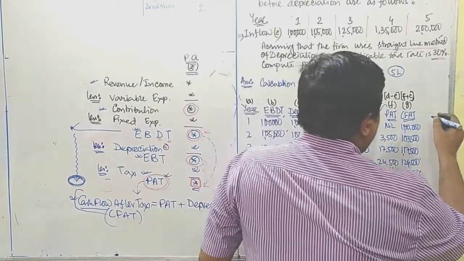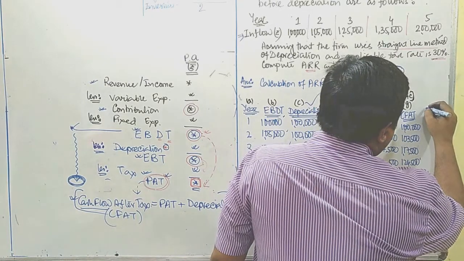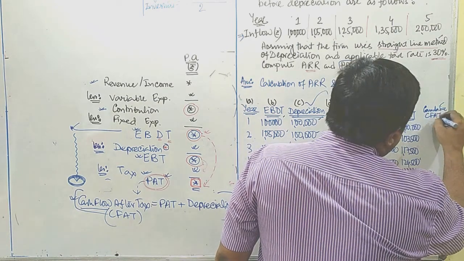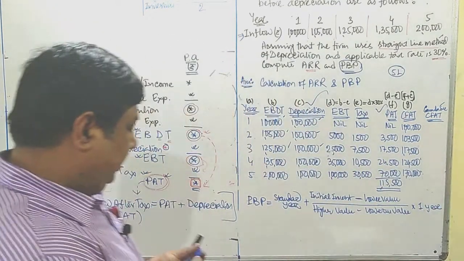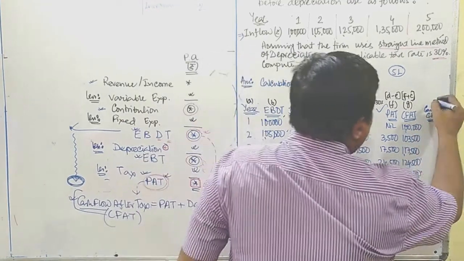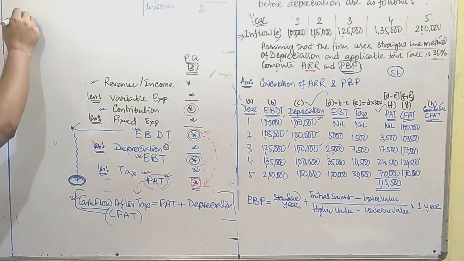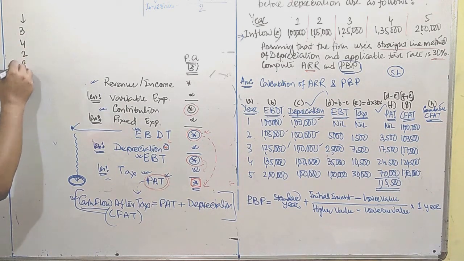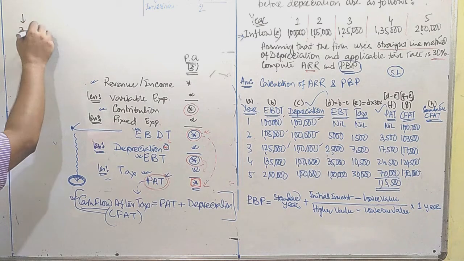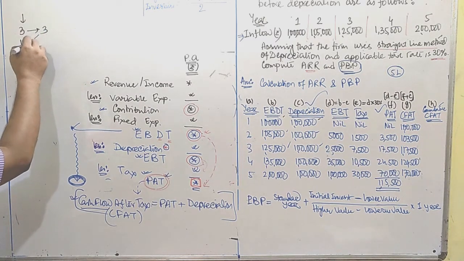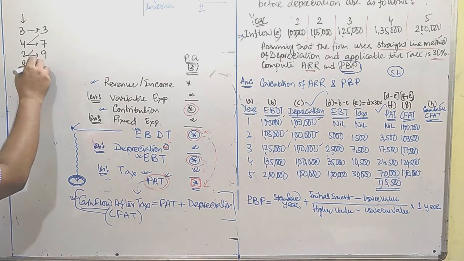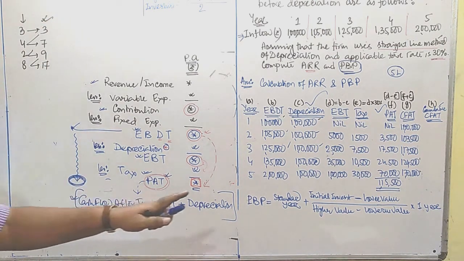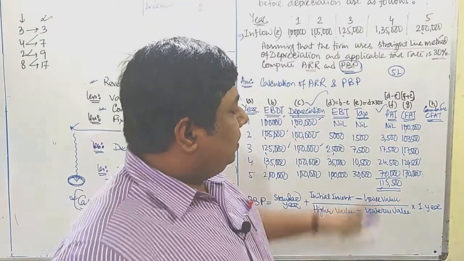Finally plot another column, that is called cumulative CFAT column. You can title here, it is H column. Cumulative in simpler sense, suppose you are getting a particular column where these values are available: 3, 4, 2, 8. Then how to accumulate that? At first it is 3, second one is 3 plus 4, 7, 7 plus 2, 9, 9 plus 8, 17, in such a manner. That way you have to accumulate here. In similar fashion we are going to accumulate the CFAT column here.